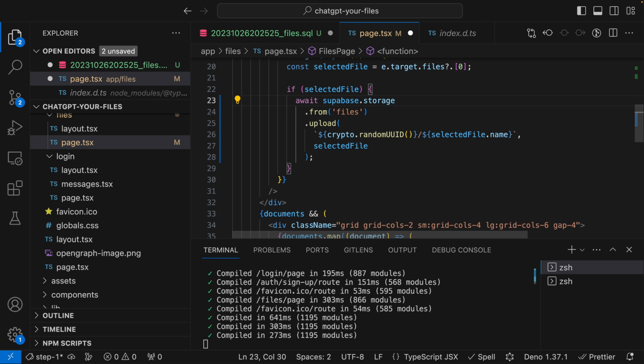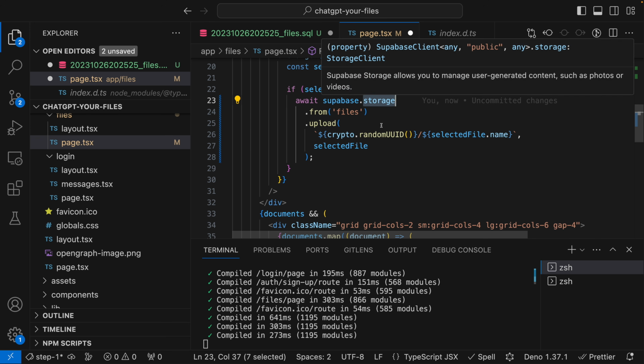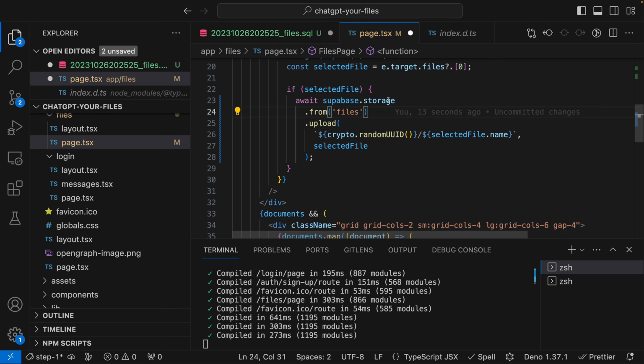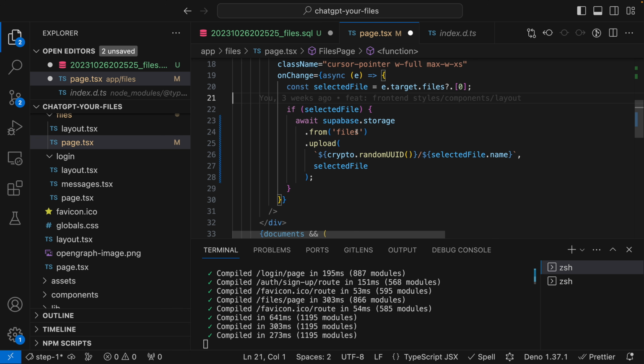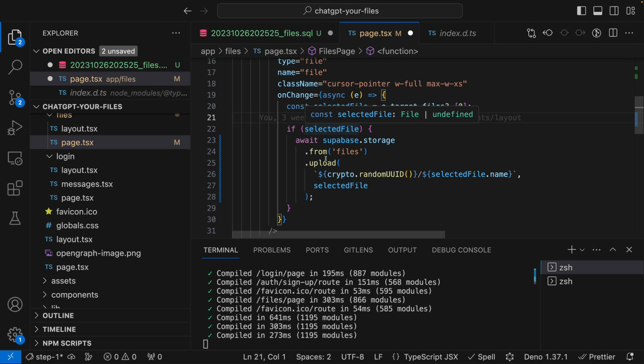But for this specific use case, we're not going to be actually connecting to a table directly. We'll be using the storage subcommand. So similar to the root Supabase command, storage also has a .from, but in this case, it's referencing a bucket instead of a table. And then from there, we have some special commands that only relate to storage. So in this case, we're going to call upload. First parameter is the path name where this file will get uploaded, and second parameter is the file itself. So of course, this is of type File. This is a built-in type as part of the web standard. Perfect. So once we select a file, this onChange handler will get triggered, and we'll go ahead and upload the